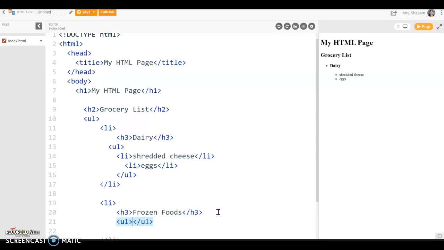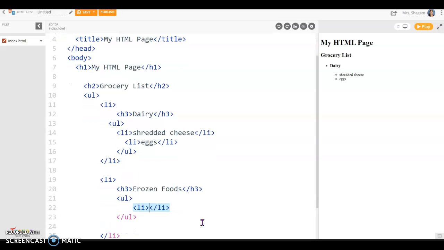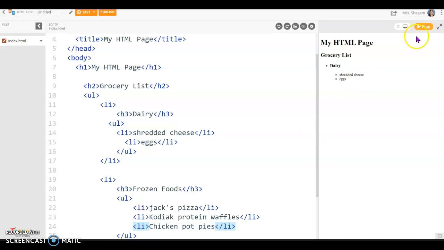So I'll do another unordered list, and I will have, let's say, Jack's Pizza, and I will have, I love the Kodiak protein waffles, and Archer loves the chicken pot pies. So if you look at this now, I've got a list within a list,